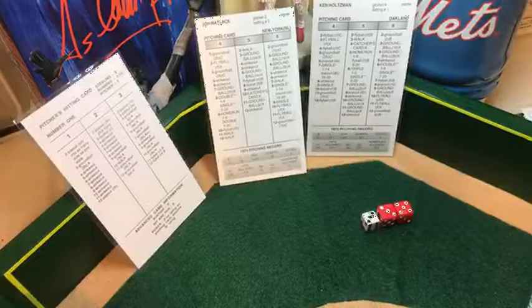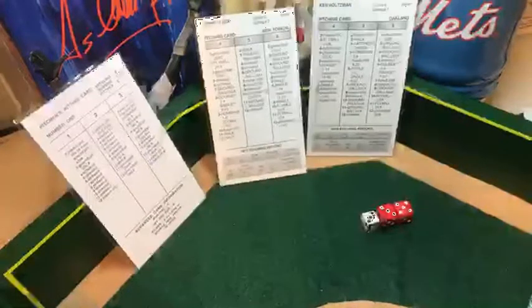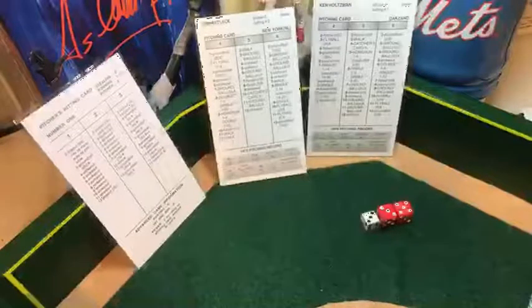Hey there, everybody. Here we are in Game 7 of the 1973 World Series replay between the Mets and the A's. Today's pitching matchup is going to pit John Matlack, 14 and 16 with a 3.20 ERA in 242 innings pitched, against Kenny Holtzman, 21 and 13, a 2.97 ERA in 40 starts and 297 innings pitched. So it should be a heck of a pitcher's duel today. Let's get started. Mets are in Oakland for Game 7, and